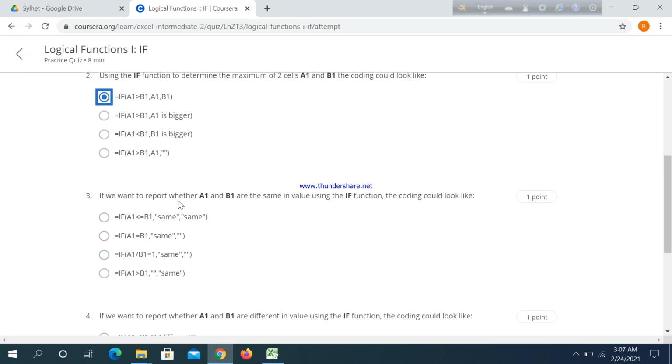Second one, if we want to report whether A1 and B1 are the same in value using the if function, the coding could look like